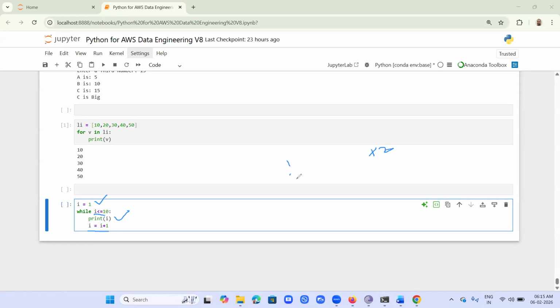Yes, I am printing 2. Then 2 plus 1, 3. I am incrementing the i value to 3. Then 3 less than or equal to 10. Yes, we are printing. Then we are incrementing the i value to 4, then printing 4. Like this, we are printing all values